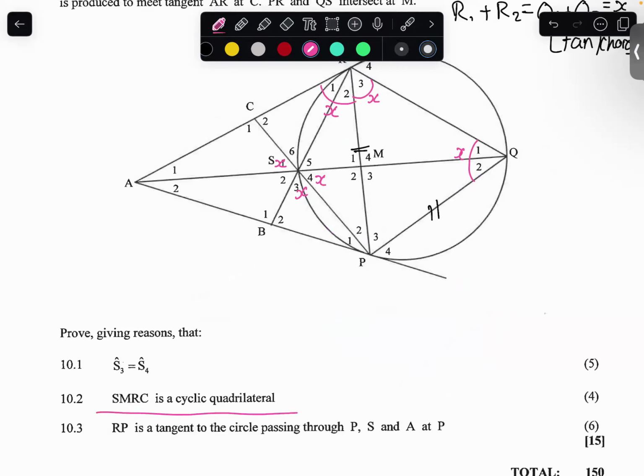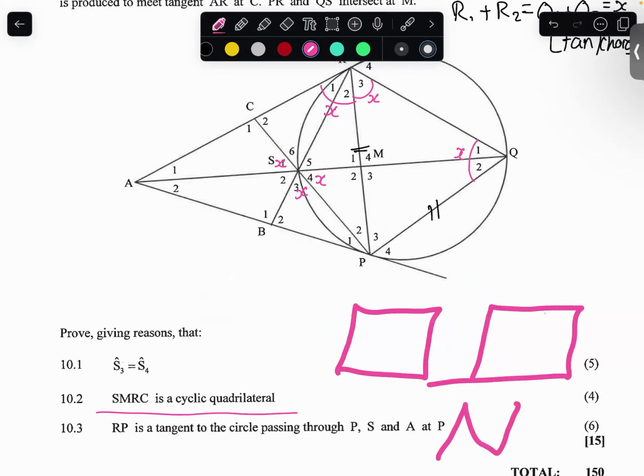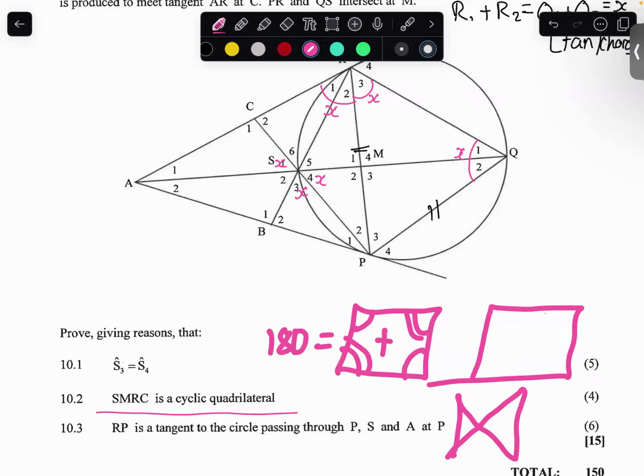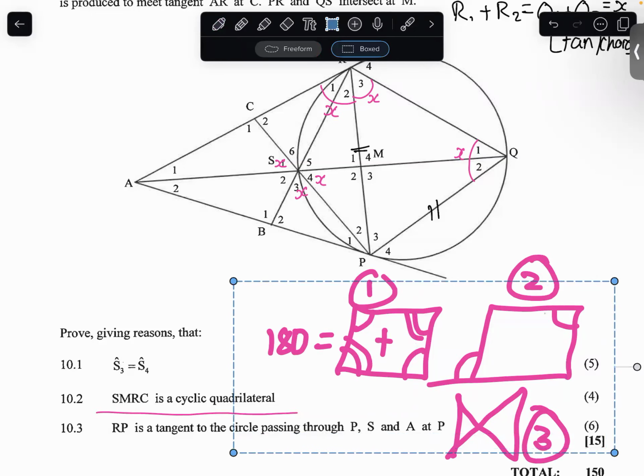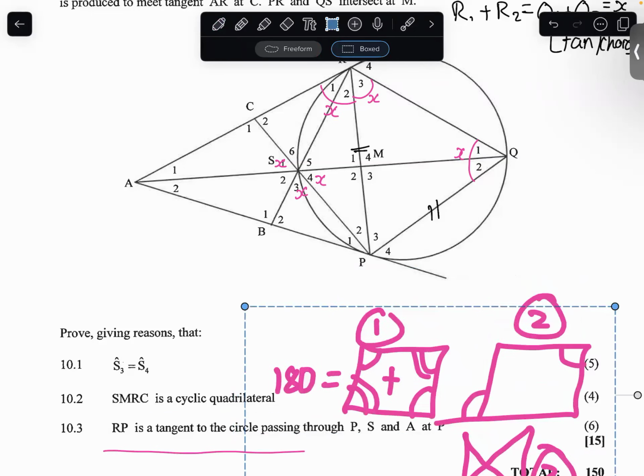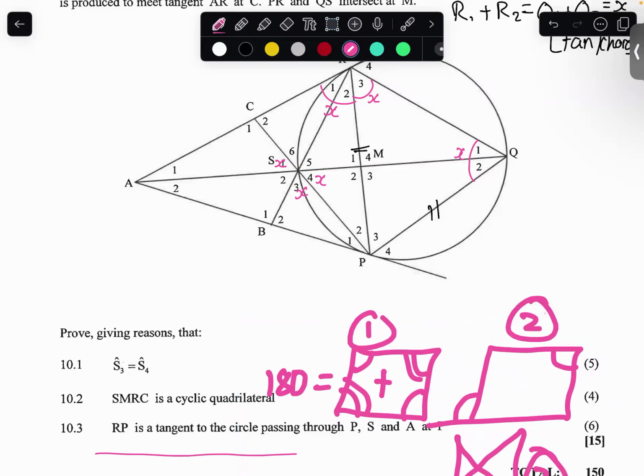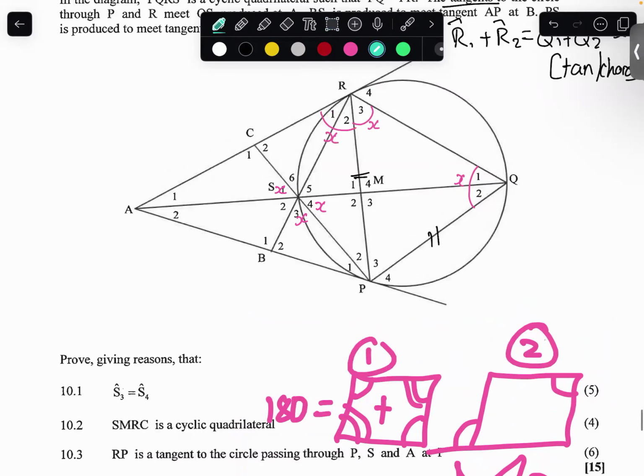I should have mentioned this at the start. To prove a cyclic quad, there are only three ways. It's either the bow tie butterfly, or proving the sum of opposite interior angles is supplementary, or proving that the exterior angle is equal to the opposite interior angle. One of these three ways is how you prove something is a cyclic quad. Now if I'm looking at the cyclic quad they're asking me to prove,